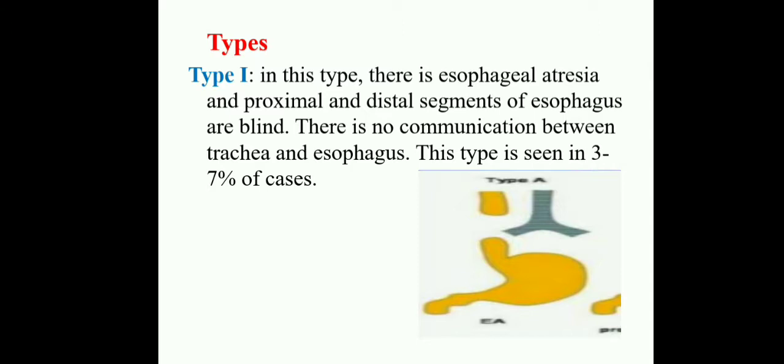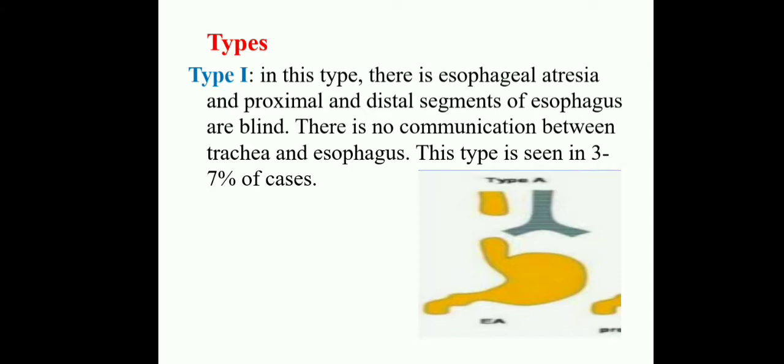First of all, you should know what the main function of the trachea is and what the function of the esophagus is. These two pipes are separate. The esophagus is only for the passage of food materials. The trachea is a windpipe. Actually, in a normal child there is no connection between the two parts. But in this abnormality, there is a fistula. Fistula means a connection between the two organs. Here there are a total of 5 types of TEF, the tracheoesophageal fistula. We will discuss one by one.